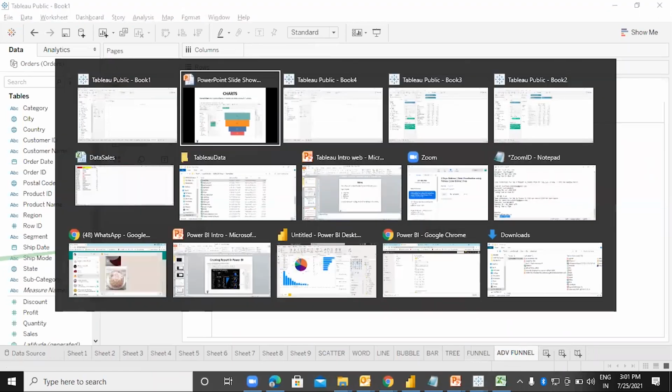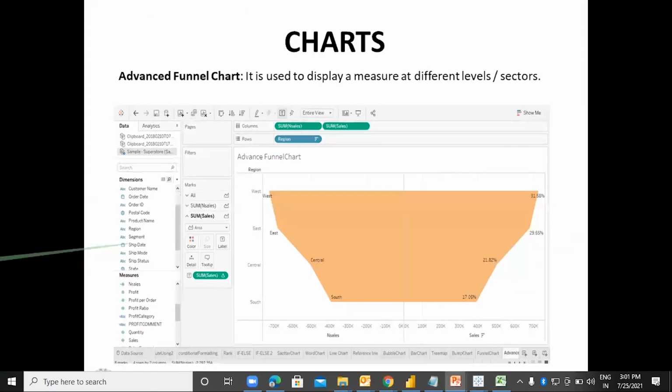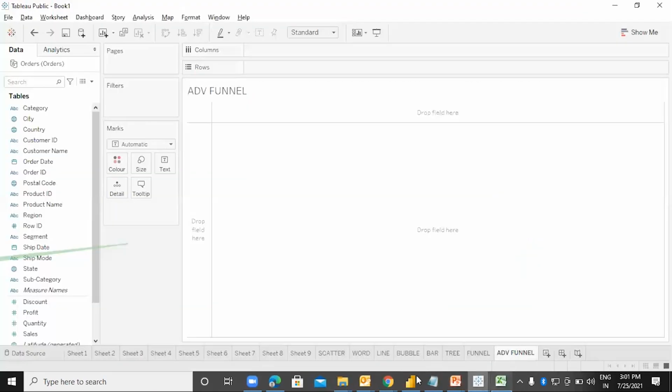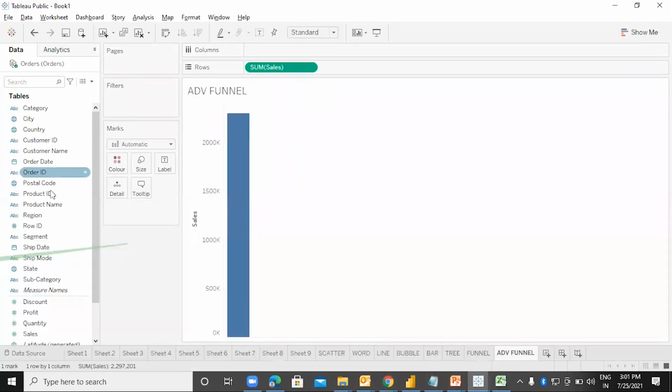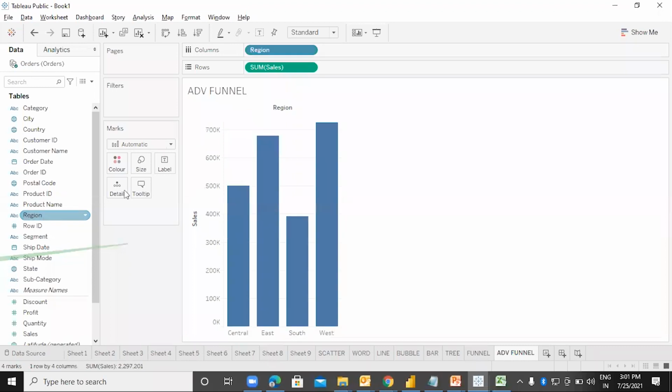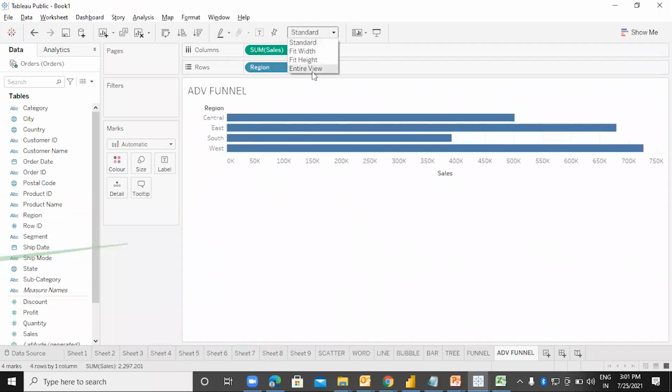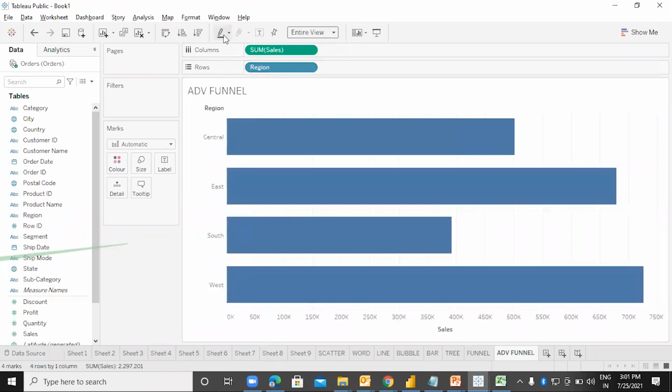So here is the advanced funnel. So to create an advanced funnel, let me take the sales on the basis of the region. I'm taking the same example. Let me make it as a horizontal bar chart. Let's make it as an entire view and let's sort it.